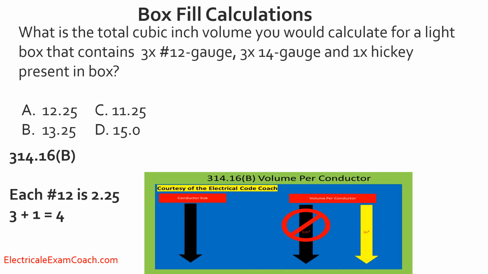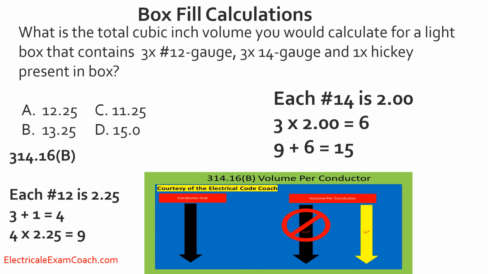We have the 3 original conductors, the 1 fitting. We have 4 number 12s. We bear that math out and end up with 9 cubic inches. Now let's deal with our leftover conductors. We have 3 14 gauges. We take and bear all that math out. Then we total it together and we end up with 15 cubic inches that all of this is taking up